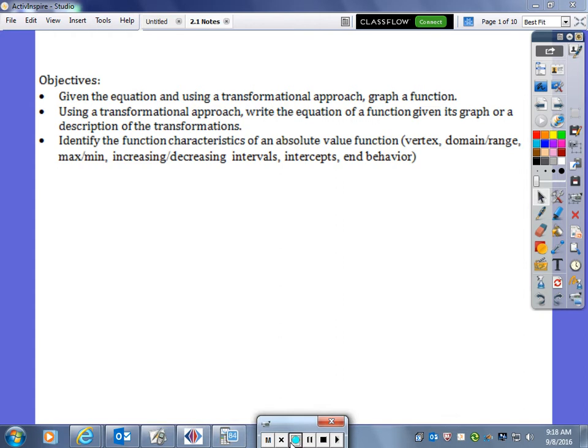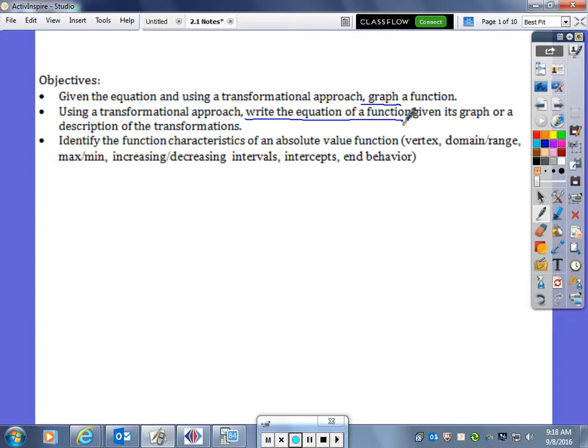Hello everybody and welcome to our first lesson in Unit 2 on absolute value and piecewise functions. Today's objectives are, given the equation and using a transformational approach, graph a function. Using a transformational approach, write the equation of a function given its graph or a description of the transformations, and